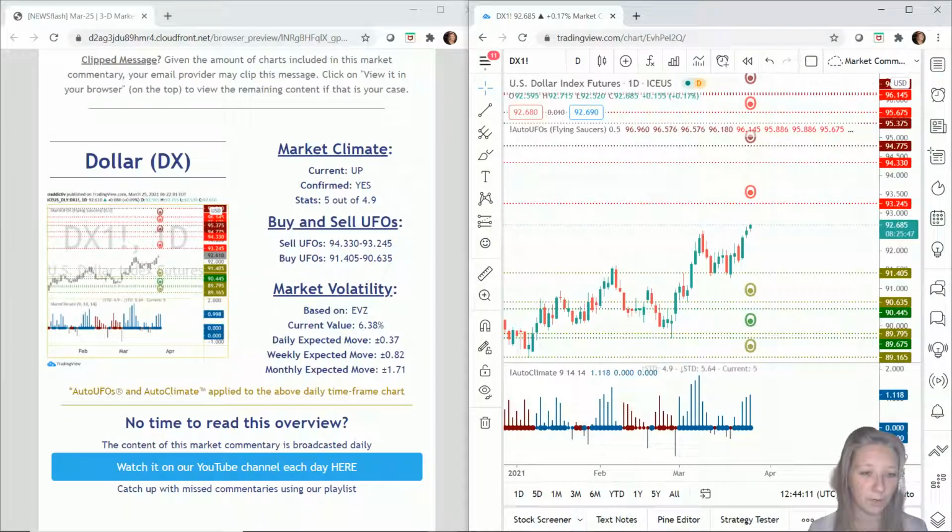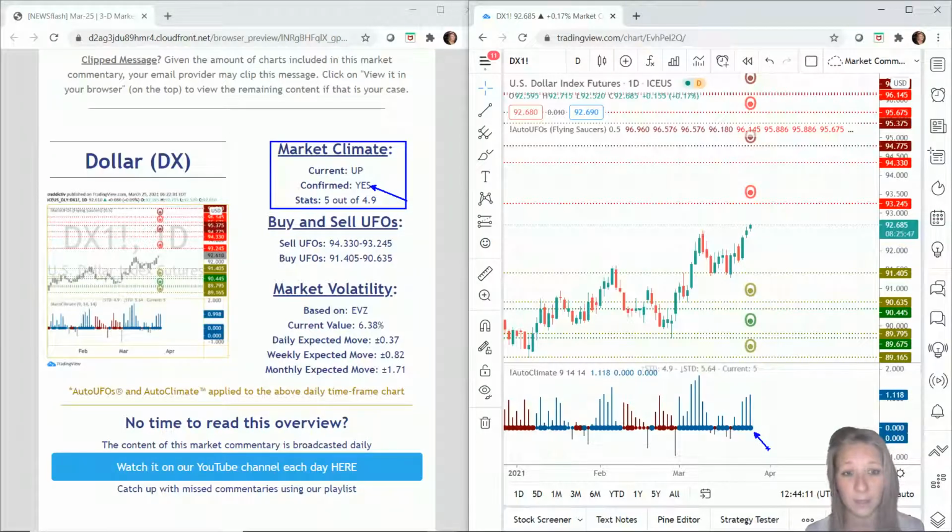So when it comes to climate for the dollar, we have a confirmed upwards climate. We know that because we have a thick blue dot, confirmed upwards climate, probability to the upside there. Usually the market would go up for 5 candles, again just rounding that up, and we're on candle number 5. Which tells us we've come to the end of what is usual or normal as to a move to the upside. It's not to say we won't continue. Again, we can go past what's normal, we can fall short of what's normal. It's just to say it's less likely to happen now based on what usually happens.